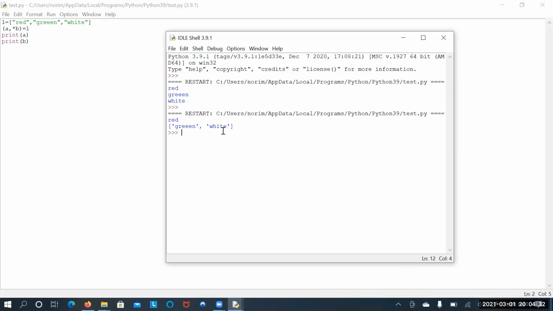I have some 100 list values. If you want to extract only 5 or 6 values back to variables and don't want the remaining values, then after extracting those 5 or 6 variables, for the next variable just give a star before the variable name.